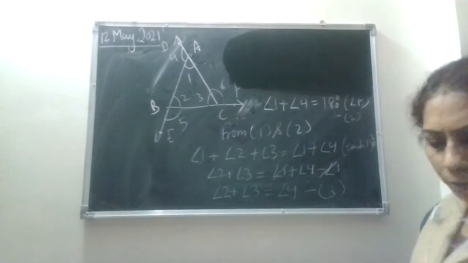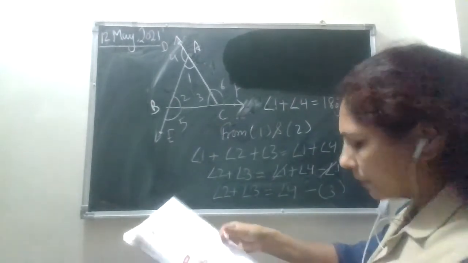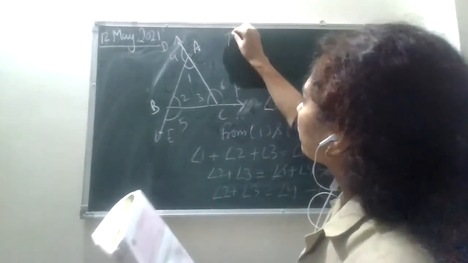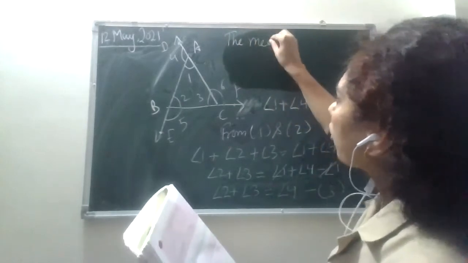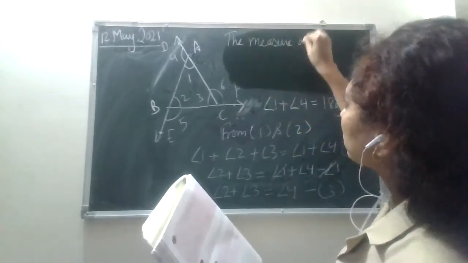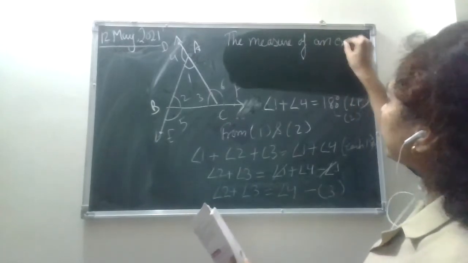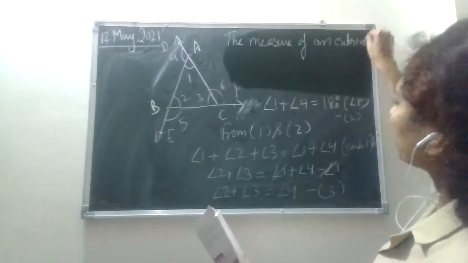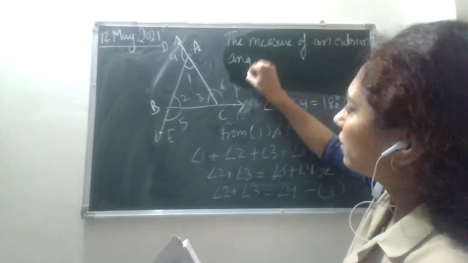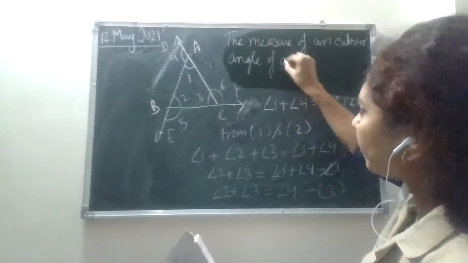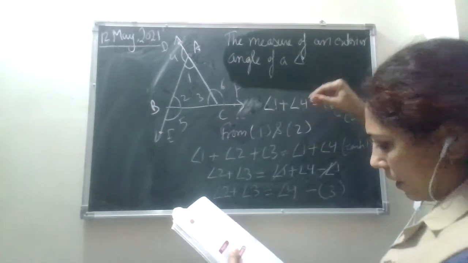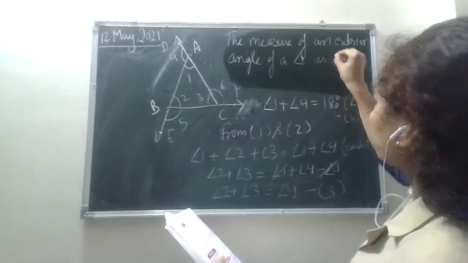The property is: the measure of an exterior angle of a triangle is equal to